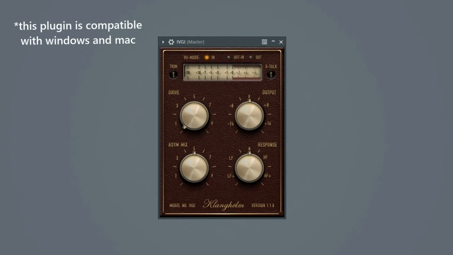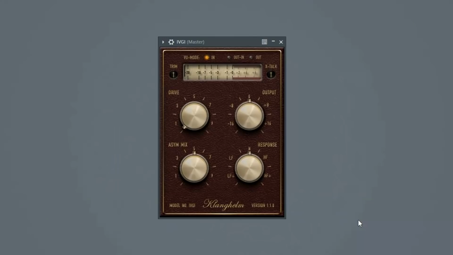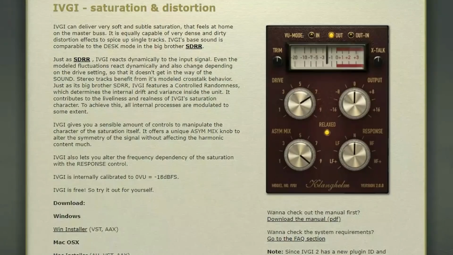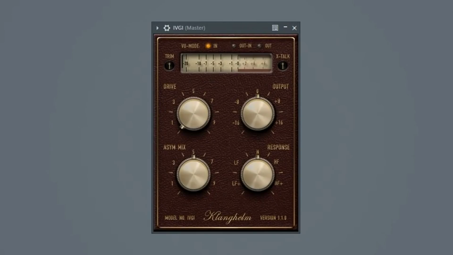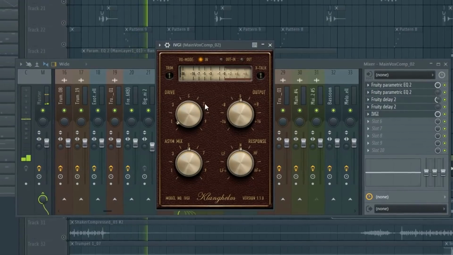All right, so the next plugin that I want to talk about is called IVGI, and this plugin is by Klanghelm. This is a saturation and distortion plugin. You can actually download this plugin directly from the manufacturer's website, and it'll tell you a little bit more information about this plugin and some different uses, what you can do with it. Personally, I found that I really like using this plugin on vocals in certain cases, and especially on male vocals,